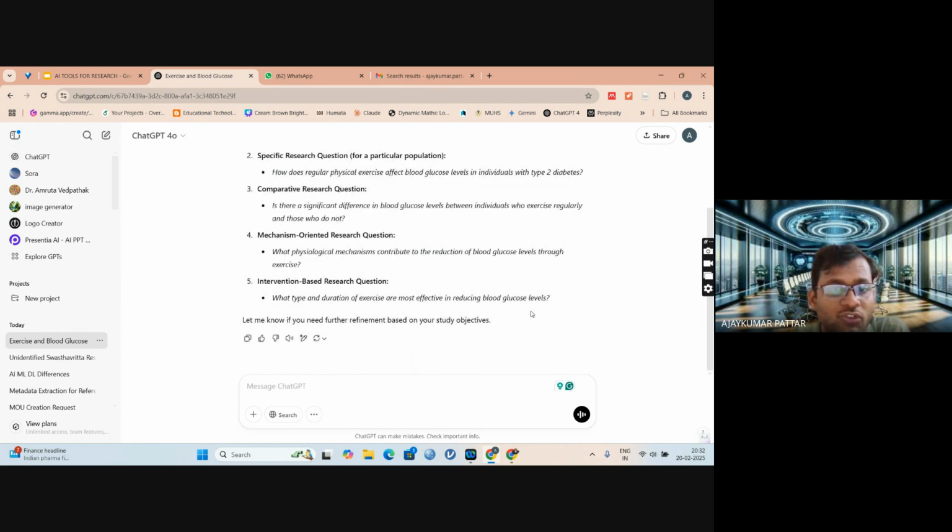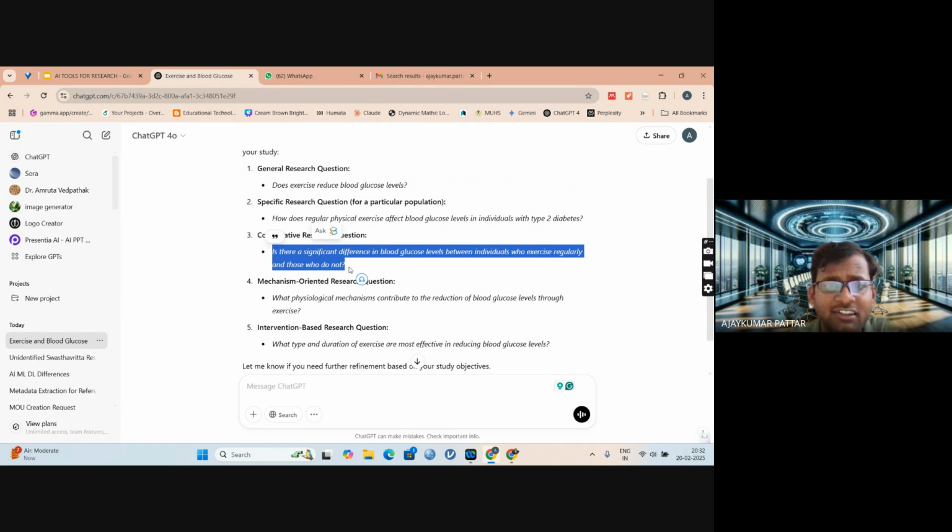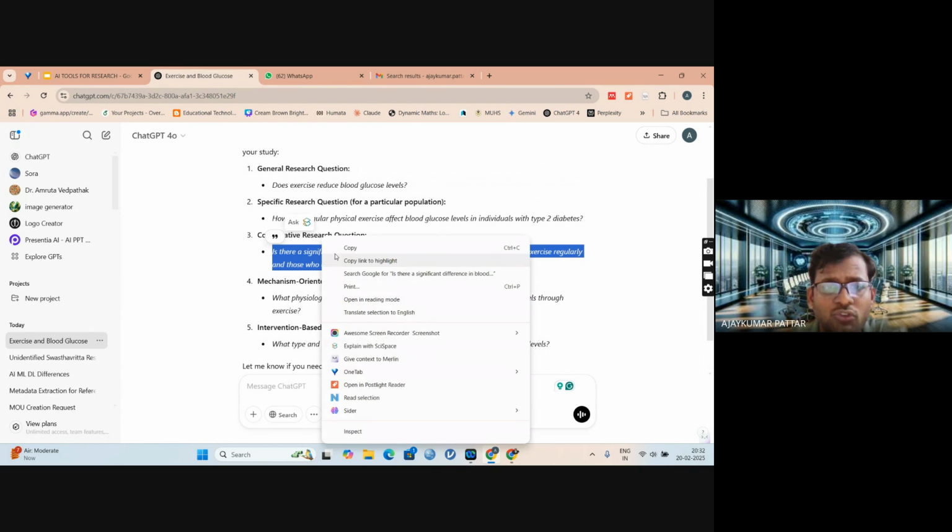Interventional based research question: What type and duration of exercise are most effective in reducing blood glucose level? So this kind of question it has generated. The most appropriate and suitable one you can take is: is there any significant difference in glucose levels between those who exercise regularly and those who do not?